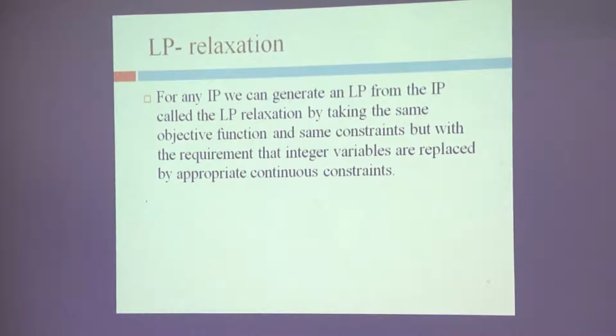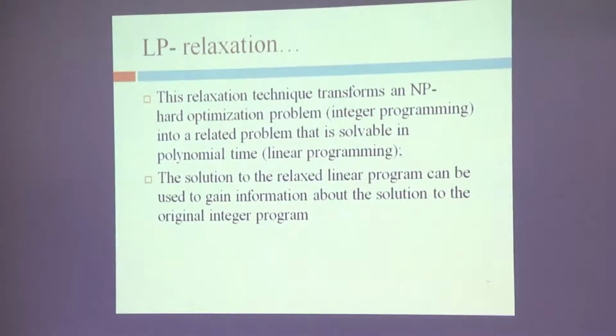So our objective is to solve an integer programming problem using the branch and bound technique. We are picking up the integer programming problem because it belongs to class NP, so it is going to be solved using branch and bound. But to solve that, we are going to solve what we call an LP relaxation problem concerned with the IP problem, where the additional requirement that the variables are integers alone is removed. The objective function remains the same, the constraints remain the same. That is called an LP relaxation. This is what I wanted you to realize.